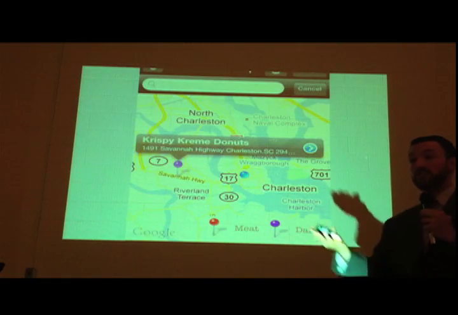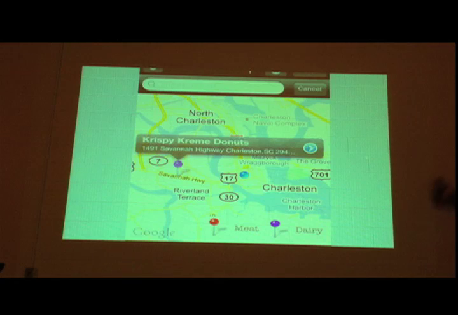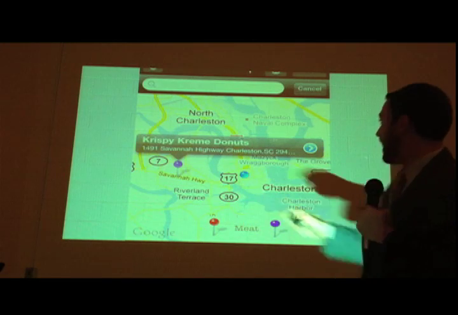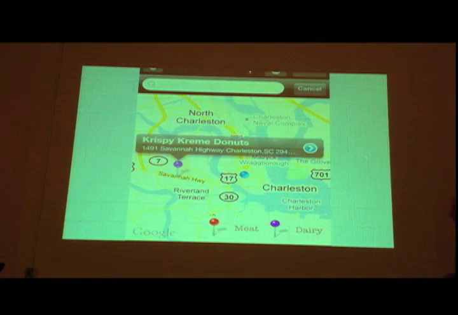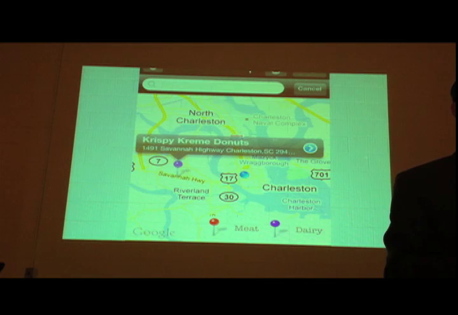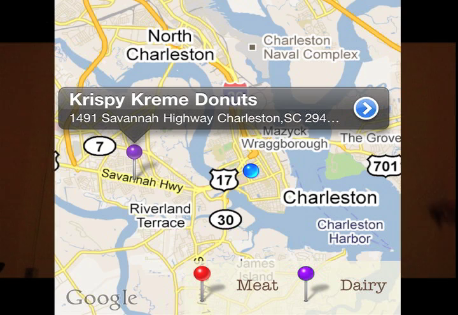You go to a town, you're visiting, you want to know, where can I buy kosher food around here? So it finds your GPS location and it searches around your area. There on the little blue dot, right over there, it says if you go down Savannah Highway, there's a Krispy Kreme donuts that's kosher. How did my phone know that? Isn't that amazing? So you go into any city, anywhere in the world, and it even tells you, red or purple, whether it's meat or dairy. But it says that it's kosher.